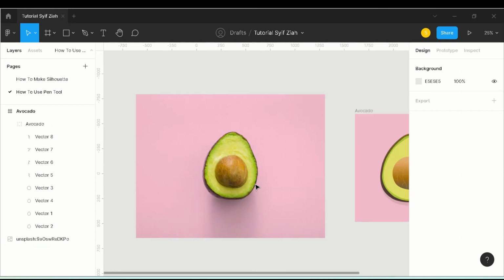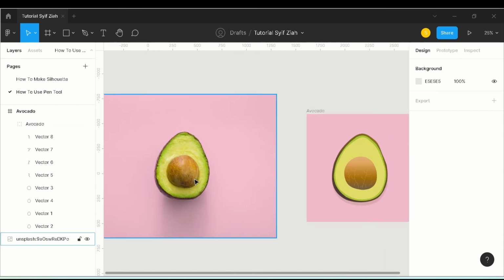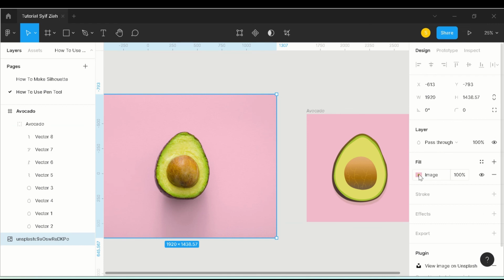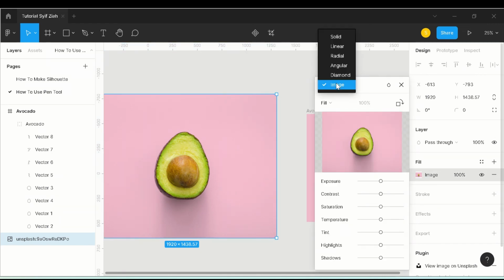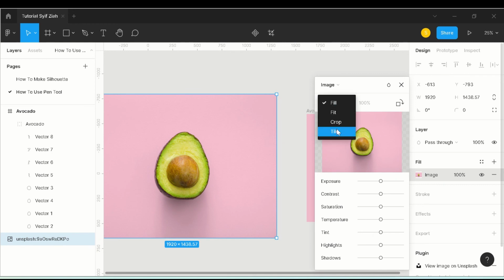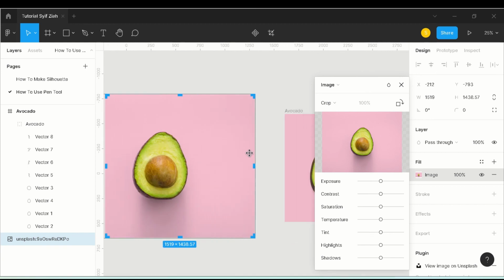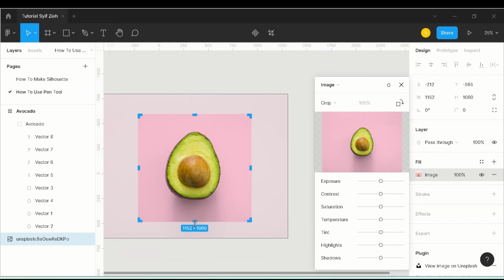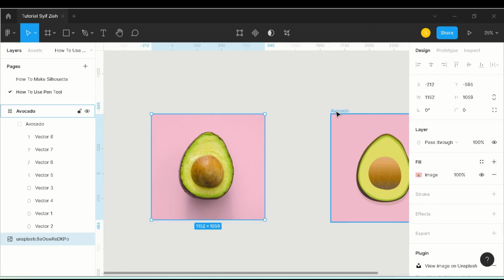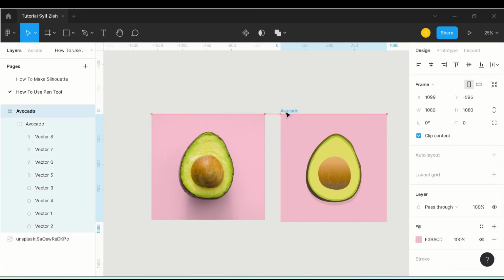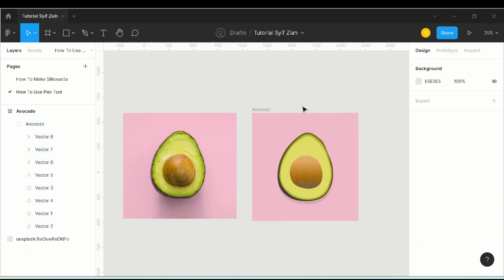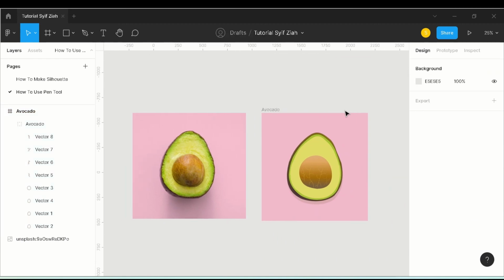Alright. Okay, I think I wanna crop this real picture. Alright. Yeah, not bad. Okay.